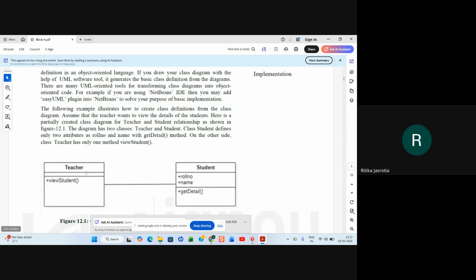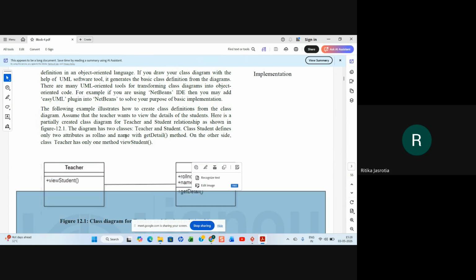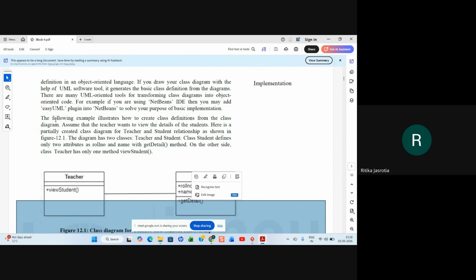So if you see, you have a teacher and a student. This is teacher, this is student, and the teacher has an operation view student, and student has attributes and operations given here, right?